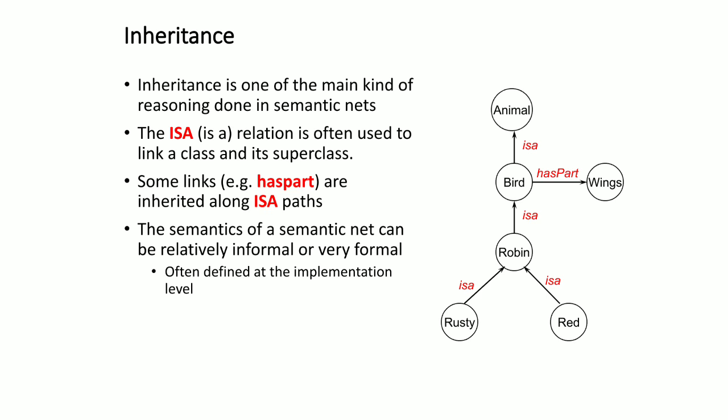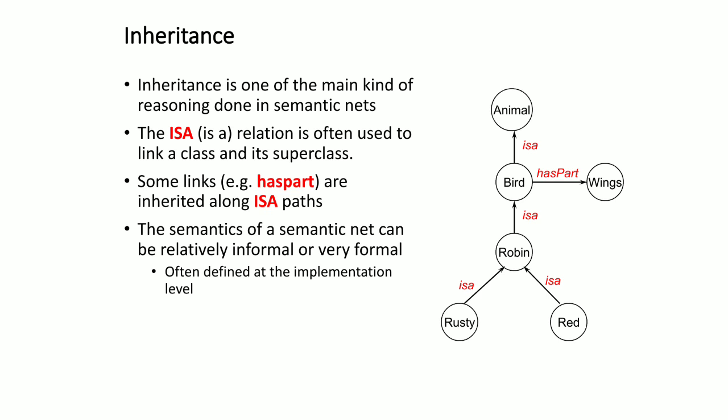Inheritance. Here we see the concept of inheritance. Inheritance is one of the main kinds of reasoning done in semantic nets. The is-a relationship is often used to link a class and its superclass. Some links, for example has-part, are inherited along is-a paths. The semantics of a semantic net can be relatively informal or very formal. So in this diagram, yes, you can see